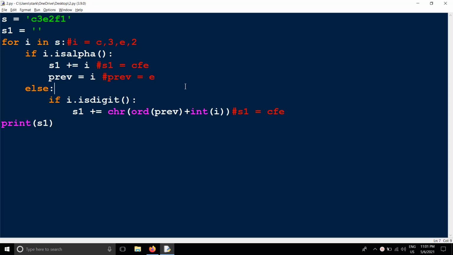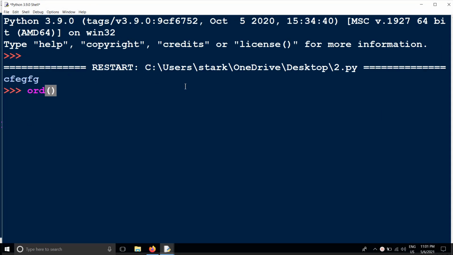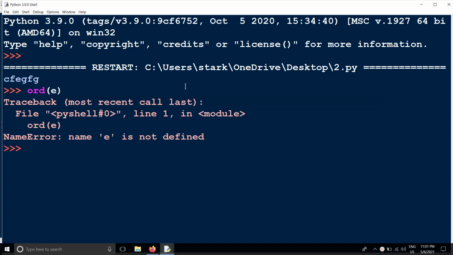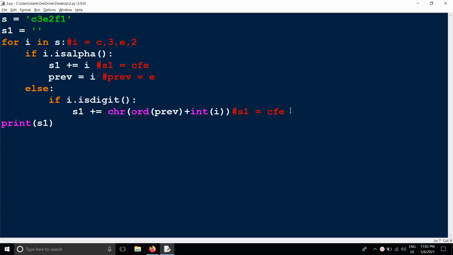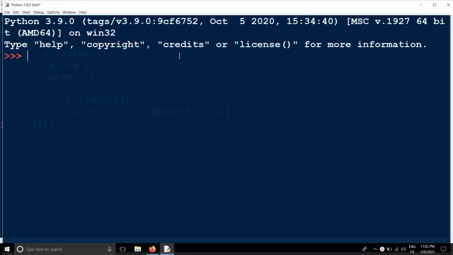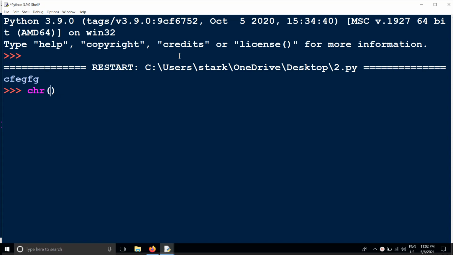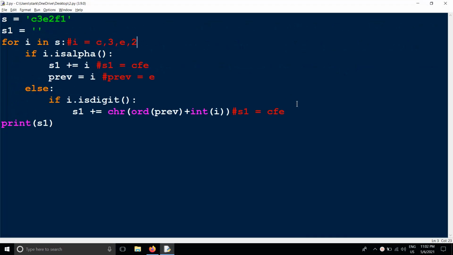And then order of previous is E. What is the value of order of E? We have to check order of E. Order of E is nothing but 101. So 101 plus integer of I, which is 2. 101 plus 2, 102, 103. So we have to check the character of 103. Getting G, so we get the output G. So now this S1 becomes CFEG, and like that it's going to take the next one, F here,